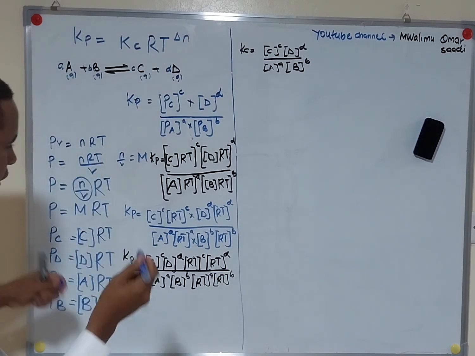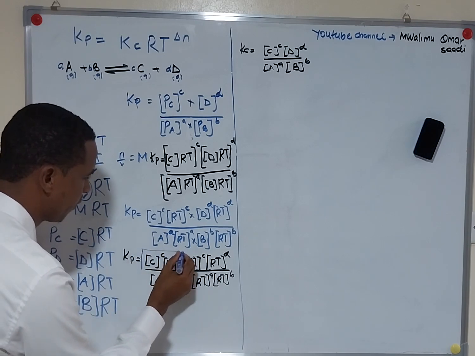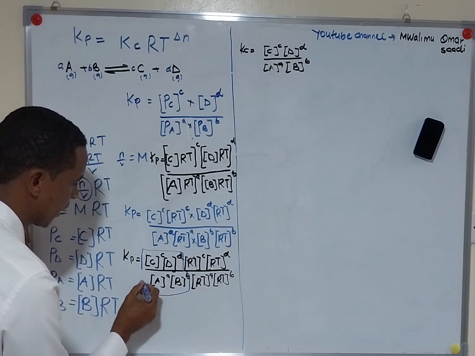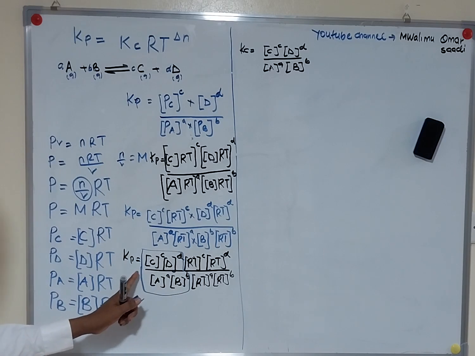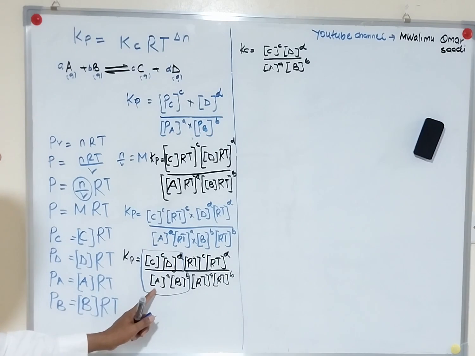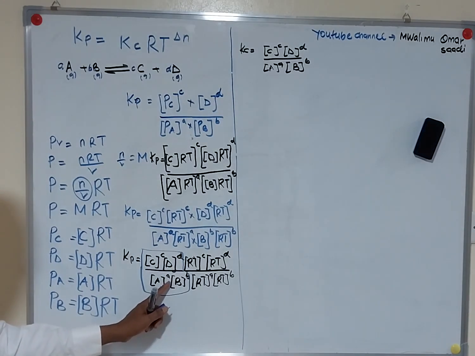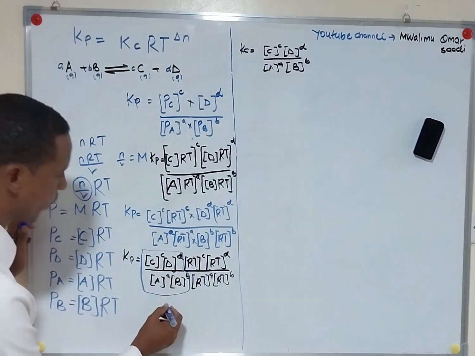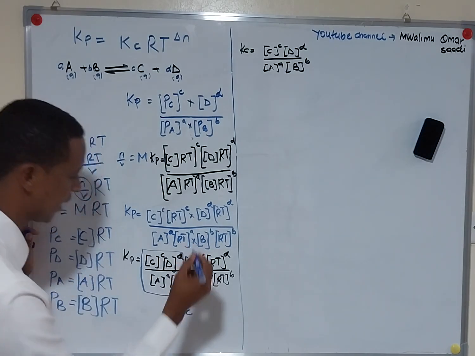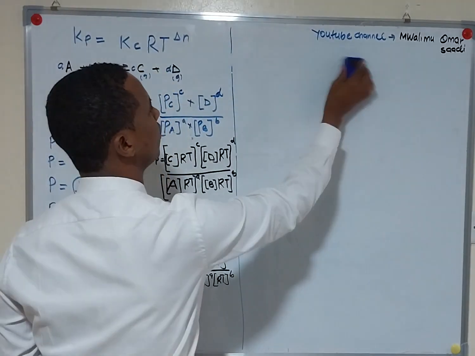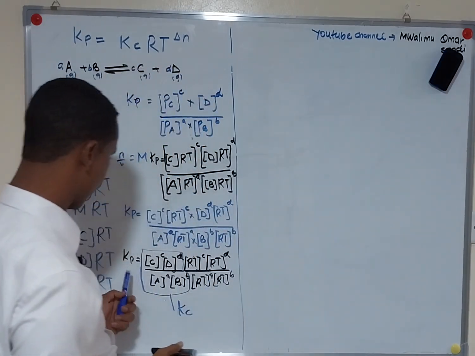So the whole of this is Kc, because Kc is the concentration of C raised to c times the concentration of D raised to d over the concentration of A raised to a times the concentration of B raised to b. So the whole of this we can replace with Kc. So Kp is equal to